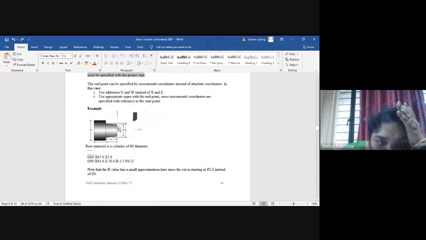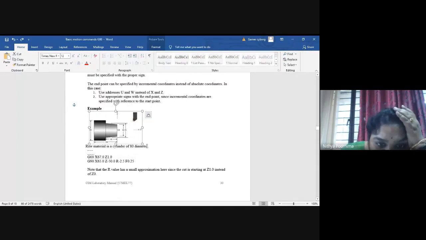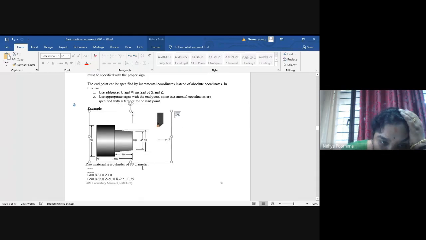See now, here I have an example. Can you see this? Shall I make it big so that you can see? Here they're doing a taper turning operation, right? The length here is 65, and they've given an allowance of about 2, so they have taken 67.